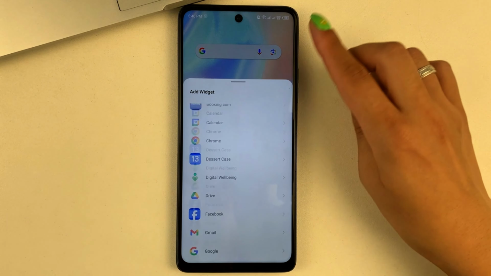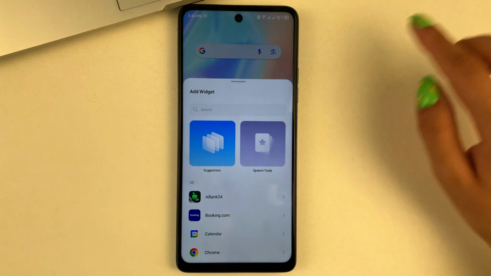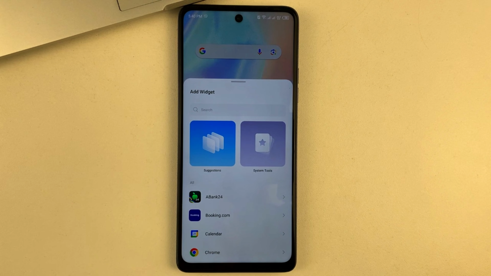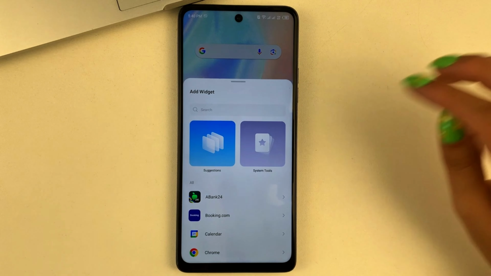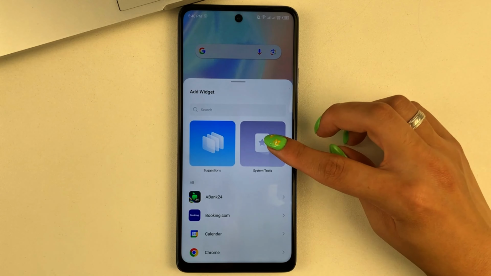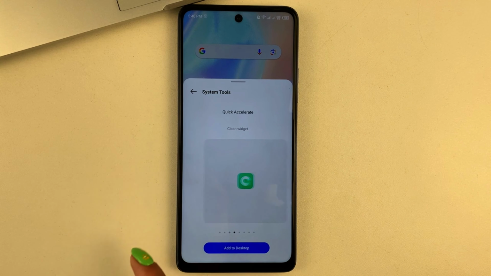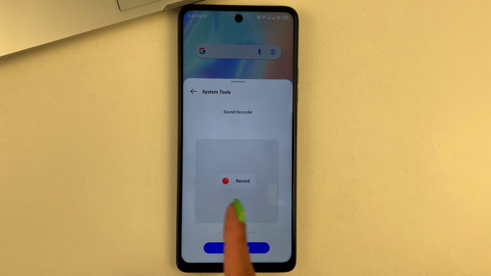Next, you will need to either scroll through the widgets to find the time, or you can type the word time into the search box, or you can look for the time widget in the system settings. As you can see, I have the time on my phone in system settings, and there are several views of what the time widget will look like.